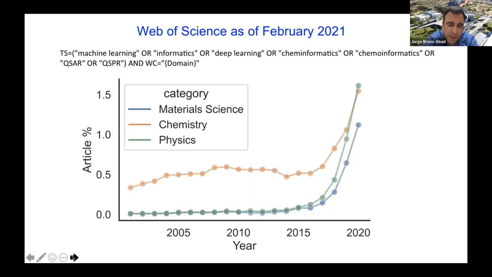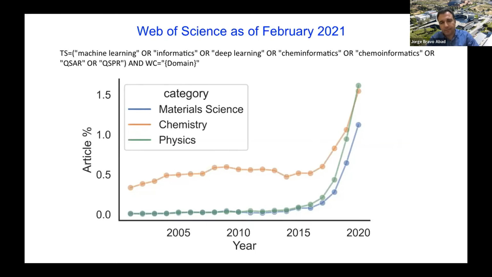And this is something that is also obvious if you plot the percentage of the total amount of articles that are published in these categories as a function of year, and you do a similar search, you will find the same trend. But if you do some kind of really rough extrapolation, one can start thinking that soon a significant part of all papers published in these categories can actually be making use of machine learning or deep learning as a part of their work,